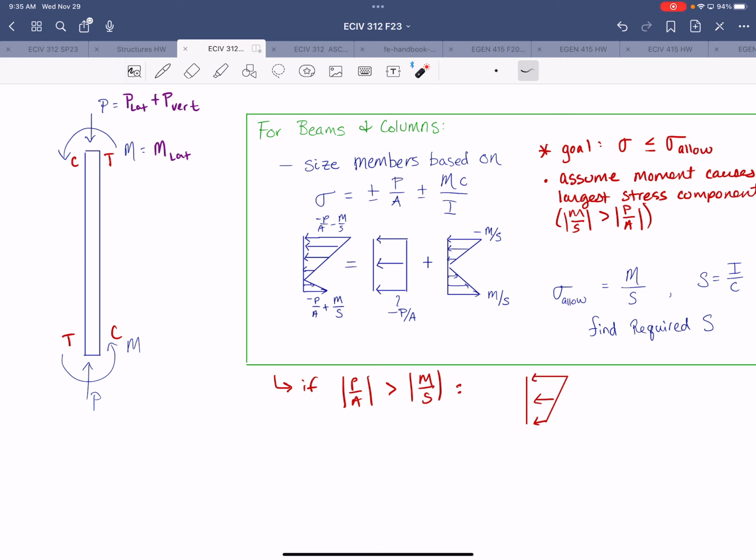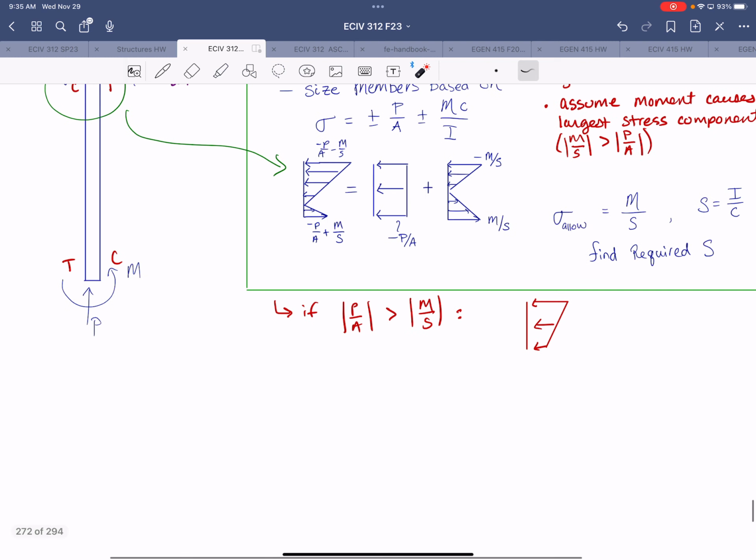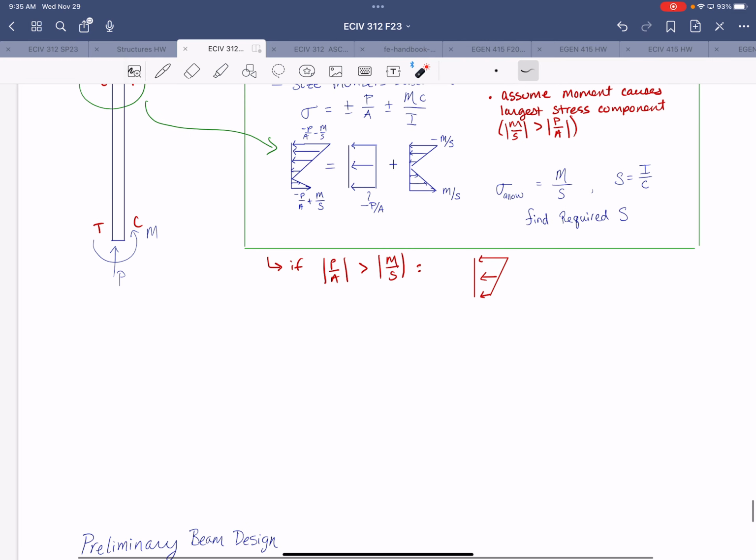All right, so this particular stress distribution would be representing the top side of this beam, all right? The bottom side would have the reverse, where this side would be greater, all right? And then it would look something like that. So it's just things to keep in mind as you go through interpreting your results and presenting them. All right, so